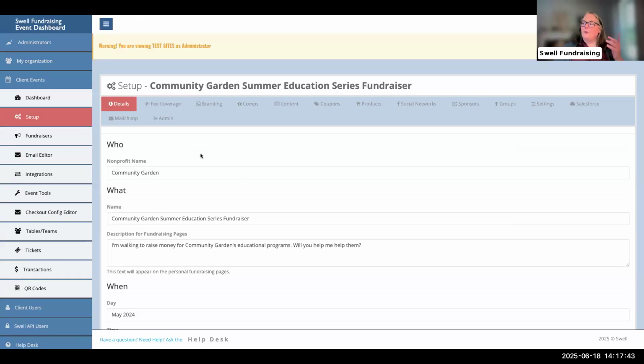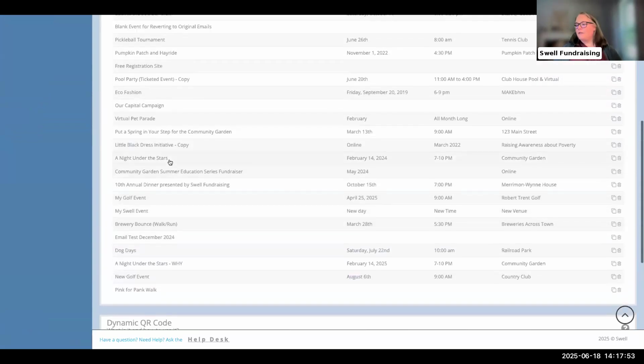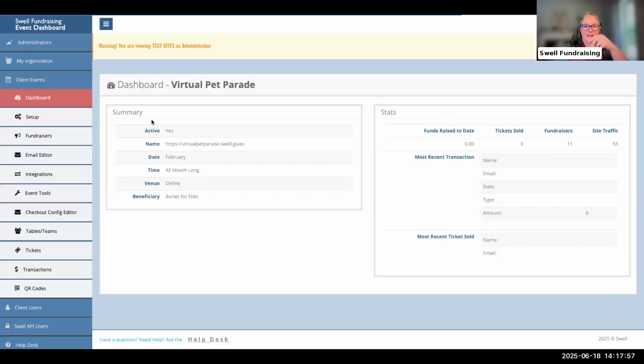All right. So your question, Catherine, was about how to put people into groups. So I'm going to go into this one. I'm not going to quit sharing my screen, but we have a bunch of test events in here. So we don't need to look in all those. We just need this virtual pet parade because these people are in groups already. I guess the garden people were too. So in setup,